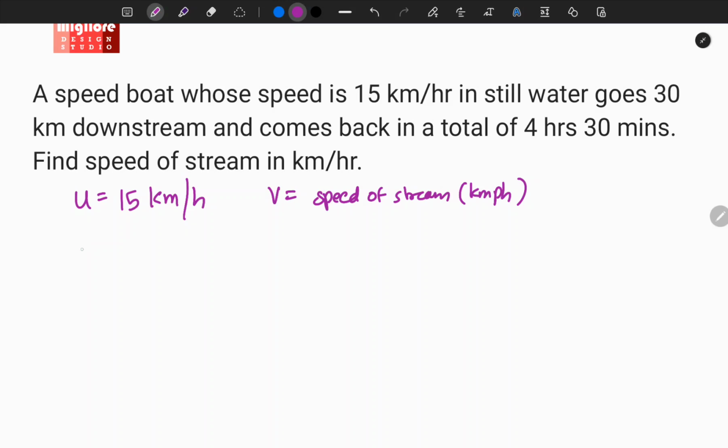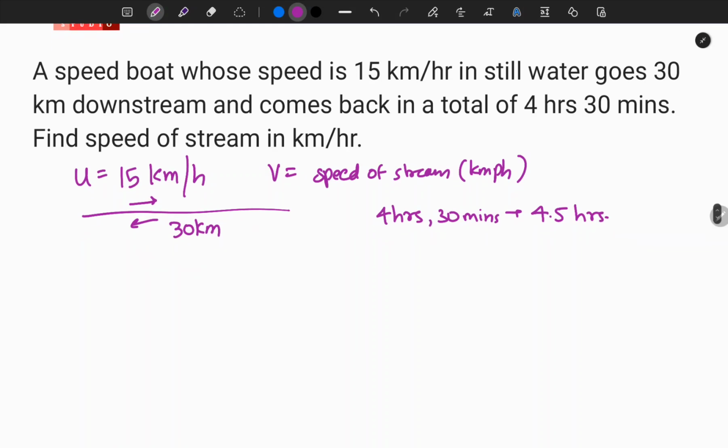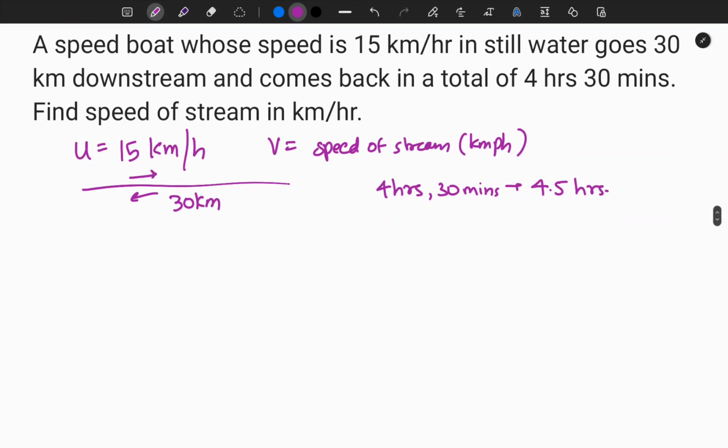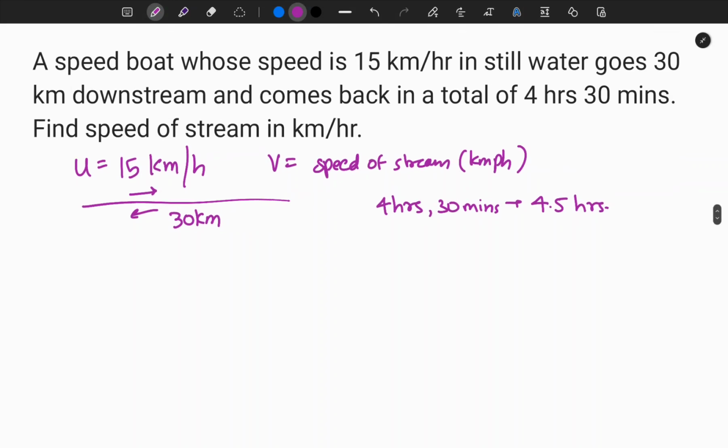So the stream is actually being traveled by 30 kilometers. So it goes 30 kilometers downstream and comes back in a total of 4 hours 30 minutes. So it actually takes 4 hours 30 minutes, which is 4.5 hours for the boat to come to its original point. So what is the amount of time